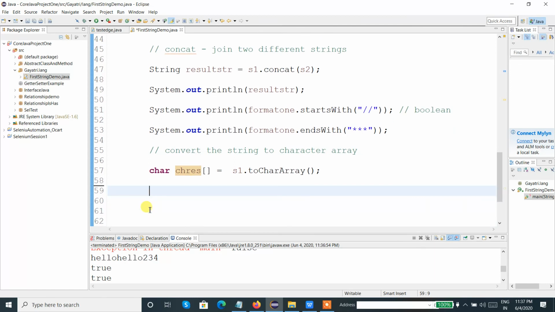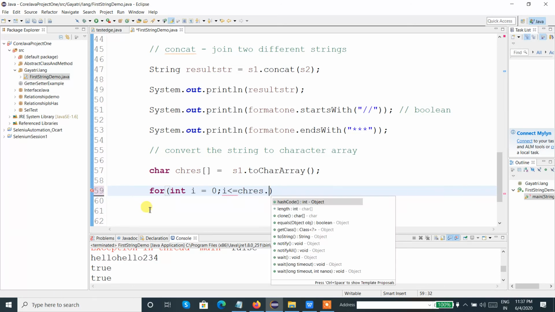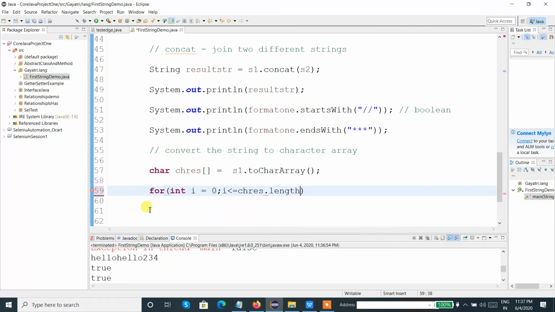So let me use the traditional for loop, that is for integer I equal to 0, I less than equal to dot length minus 1, I plus plus. Now I need to print each and every character present in the character array.